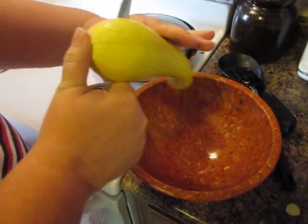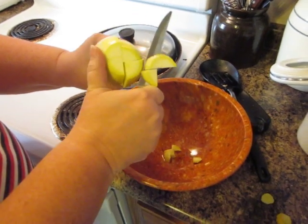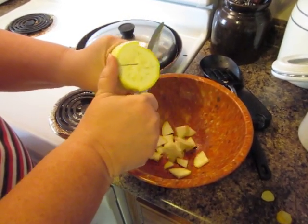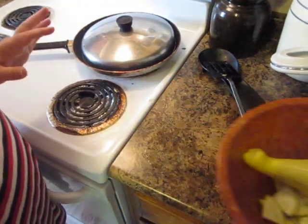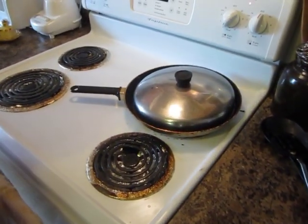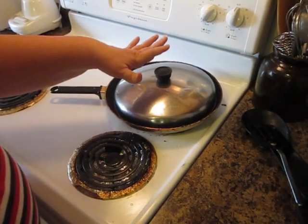because I'll show you why in just a second. But I like to make my squash really thin, for the way that I like to cook it. So I'll just cut that down, the whole squash, and that's what I want in the pan. So what I've done is I've already cut 3 of these down, and I've put them in about 2 tablespoons